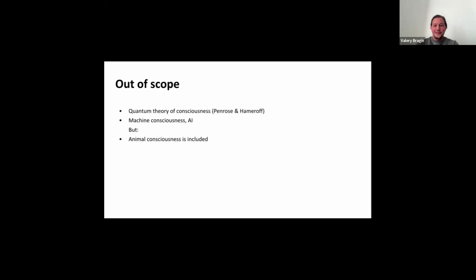So finally, before I hand it over to Leon, I just wanted to outline what we don't cover here. We leave aside the theory of, roughly, quantum consciousness, right? The so-called orchestrated objective reduction, by Roger Penrose, physicist, and Stuart Hameroff. According to it, conscious moments may be linked to a hypothesized quantum process in microtubules that are related to reduction of the wave function. I personally find it interesting, but it's out of scope of the type of science we do in this field.